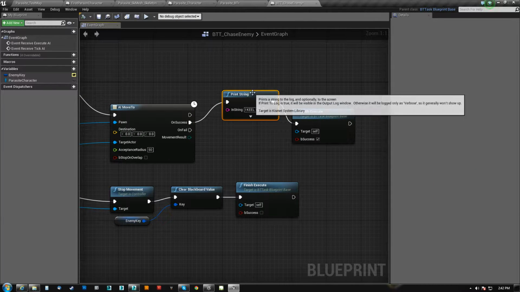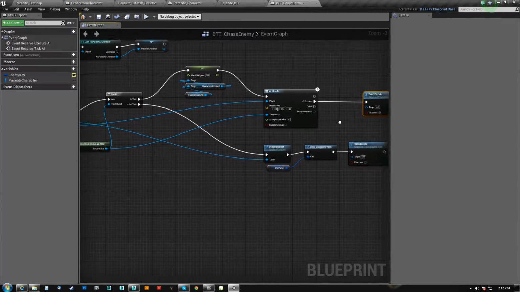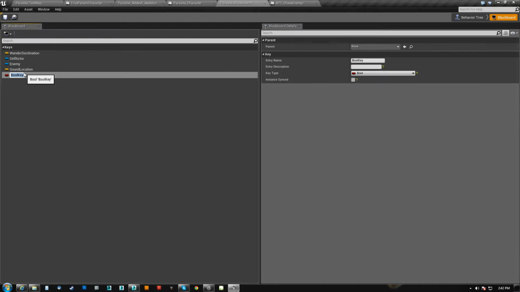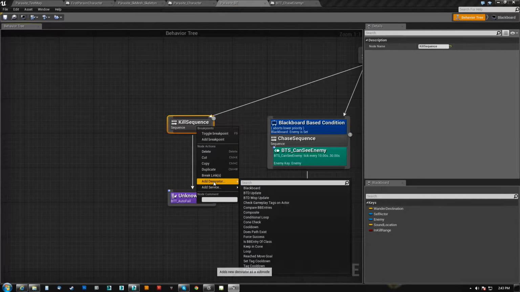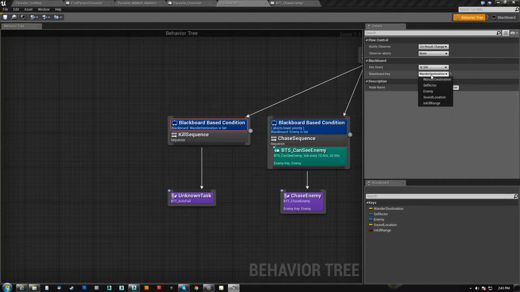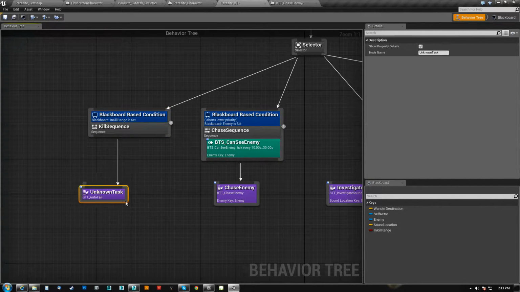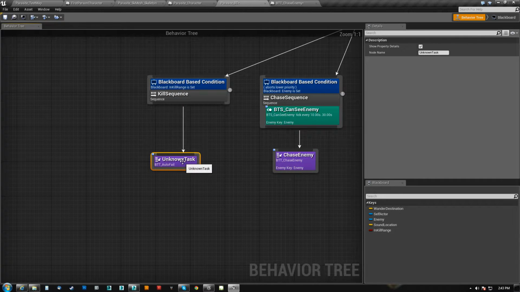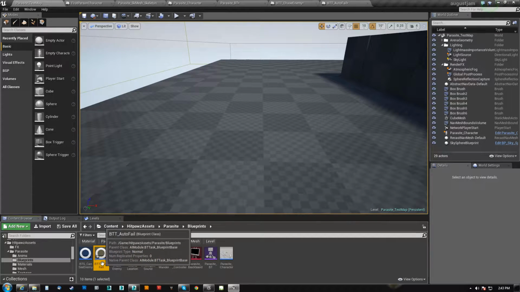So what we want to do is, when this happens, let's go back to the blackboard, and add a new Boolean variable, and we'll say in kill range. Okay, we'll save that. Now we can throw on a decorator, and we can say if in kill range is set, we can create a new task, at which point we can pretty much get rid of the autofill because we're not using it anymore. So we might as well use this, and all we have to do is rename it,